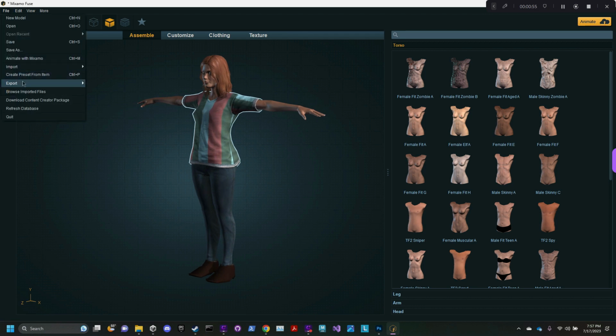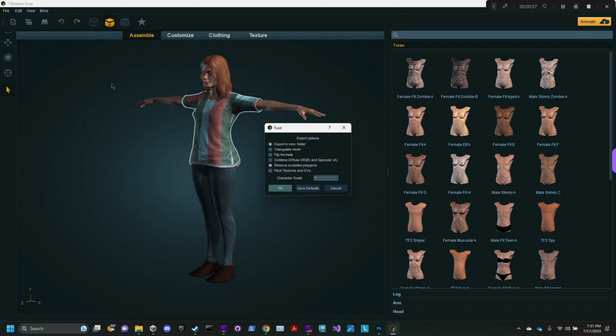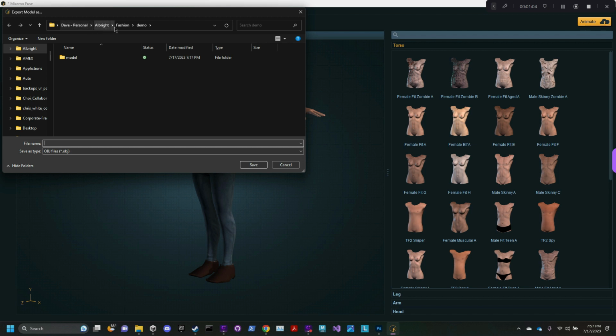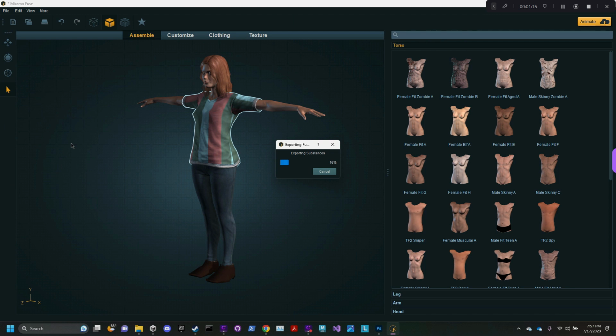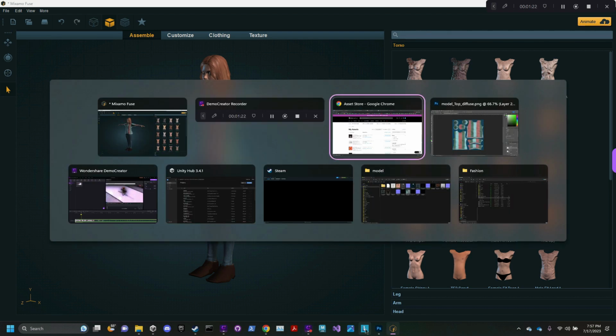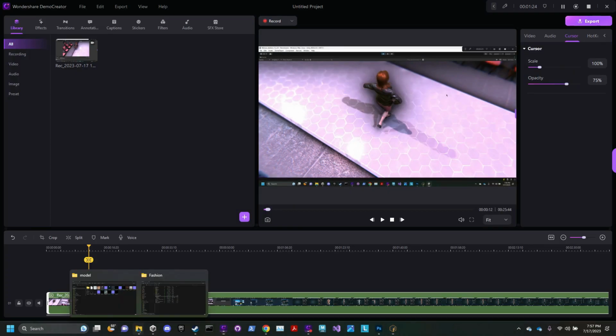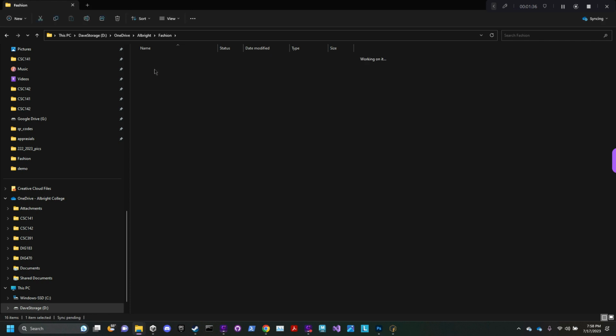Next step is go to File, Export, Export Model as OBJ, and I'm going to hit OK. Now, what I want to have is a demo, and I'm going to make an object file model for Dave. It's going to be an OBJ file we're exporting. Okay, once that's done, I'm going to look at it, find the folder, which will be over here under demo